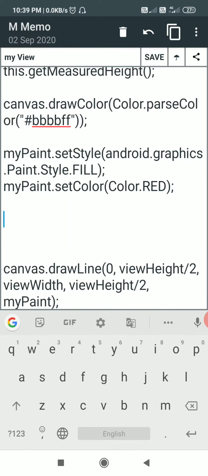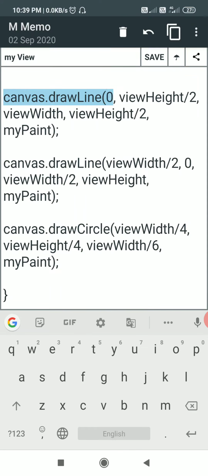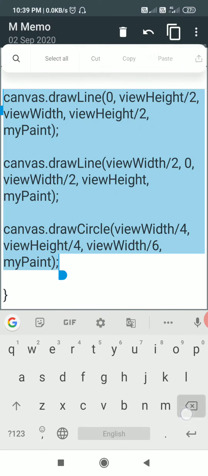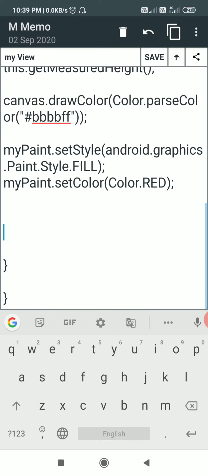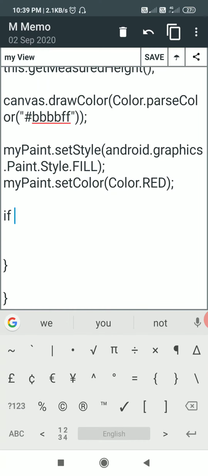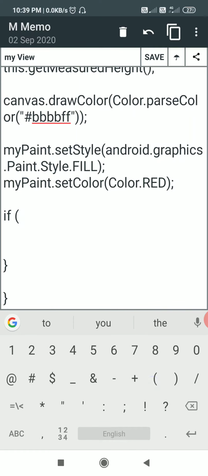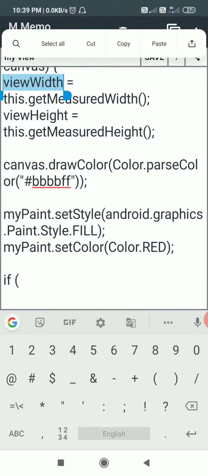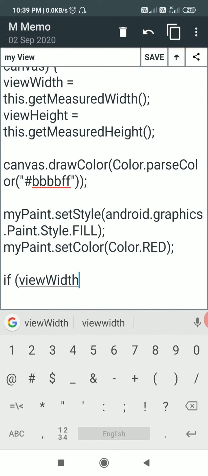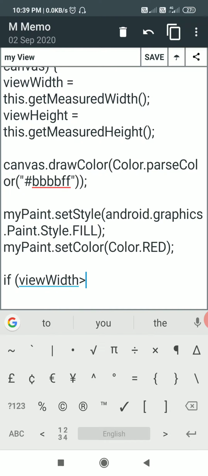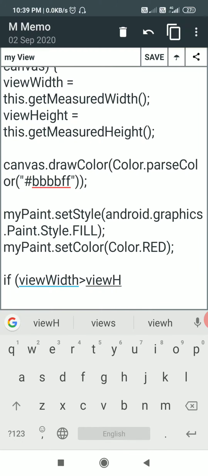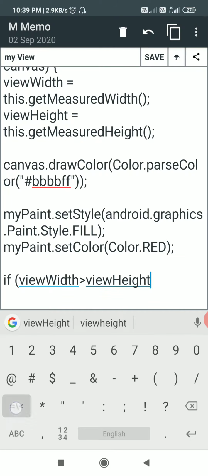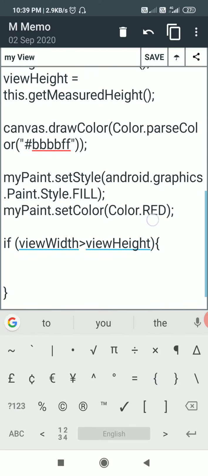And here I will not be using these codes for drawing line and circle, so I'll just remove this. So now I will find if width is more or height is more for the view. So I will check if viewWidth is more than viewHeight, then